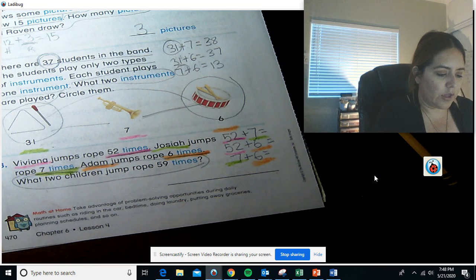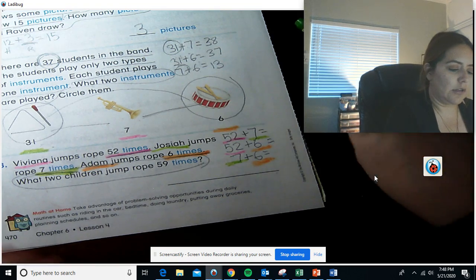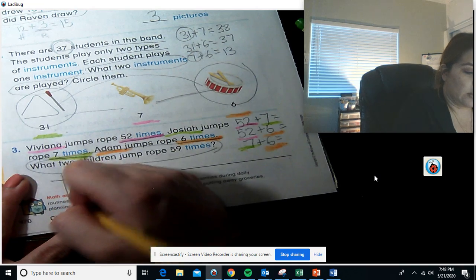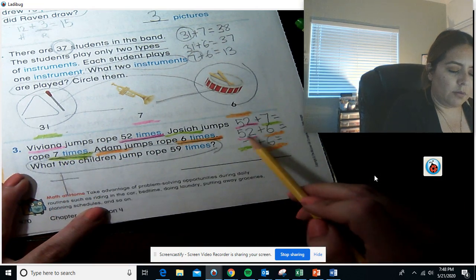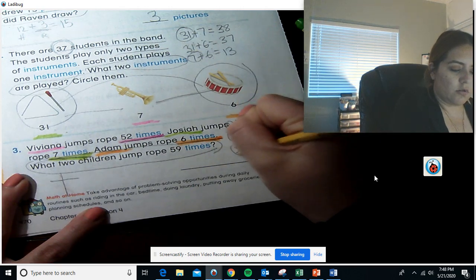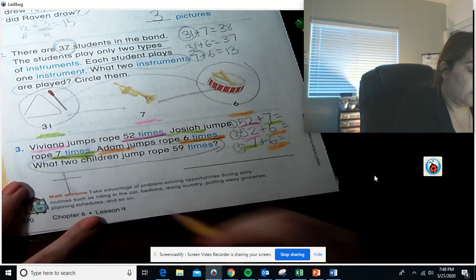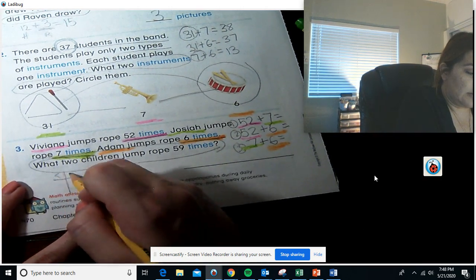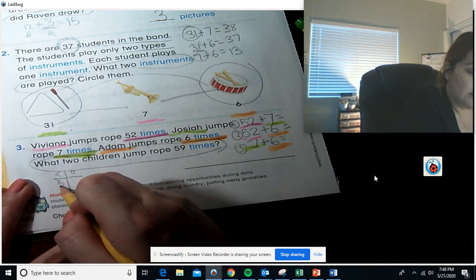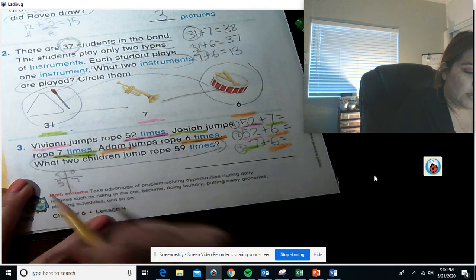We're going to do this by using our T-charts, okay? So you're going to draw 3 T-charts because we have 3 problems. 1, 2, 3. So T-chart number 1, 10s and 1s, is going to be 5 10s and